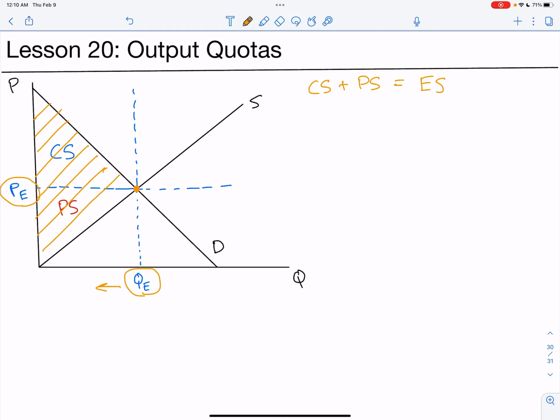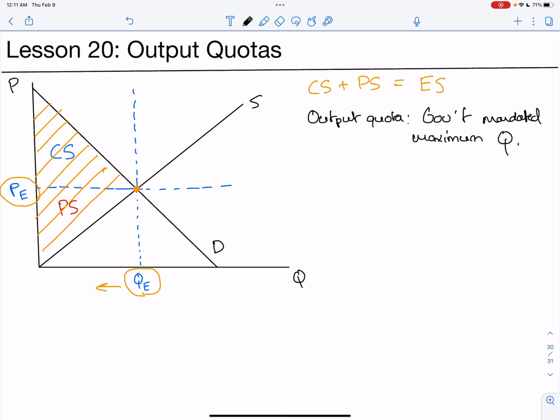Now, turns out that there's a final way that the government can impose a policy that results in deadweight loss in our simple model, right? And that's called an output quota. So an output quota is simply a government mandated maximum